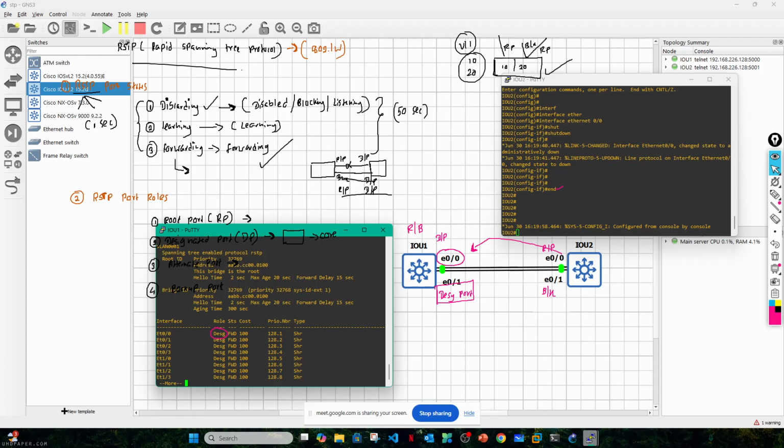Now, still the core layer is the same, right? The core layer is not changing because it's our designated forward for the two interfaces. Ethernet 0/0 and 0/1 are designated forward. But when we check this one,